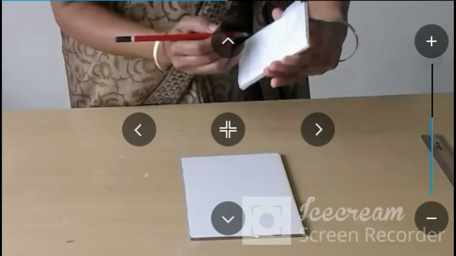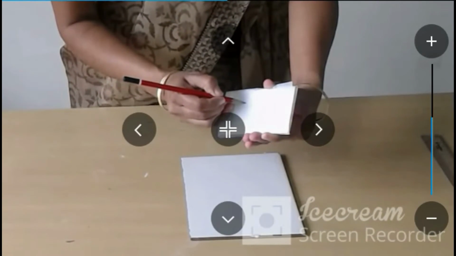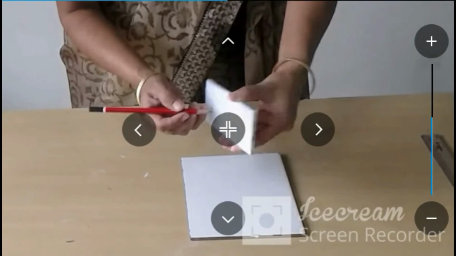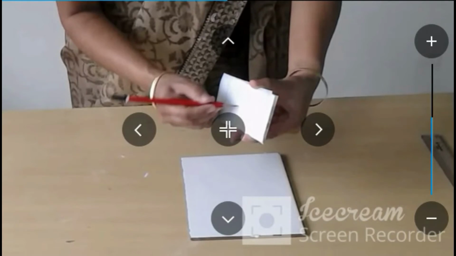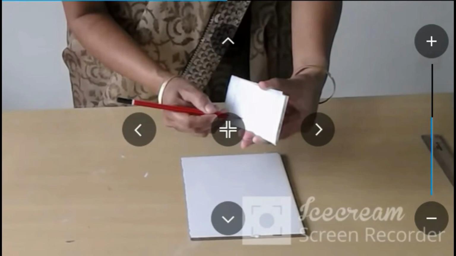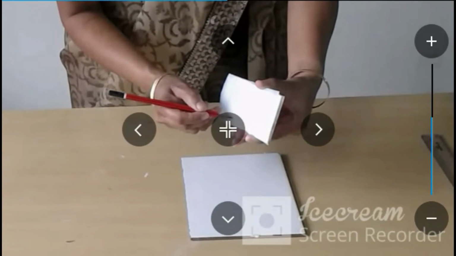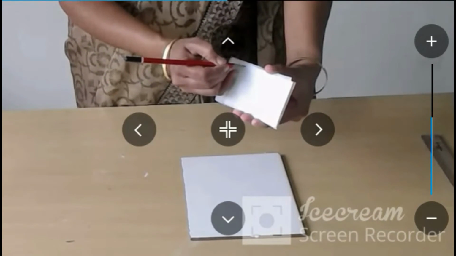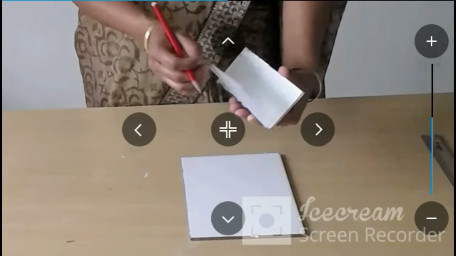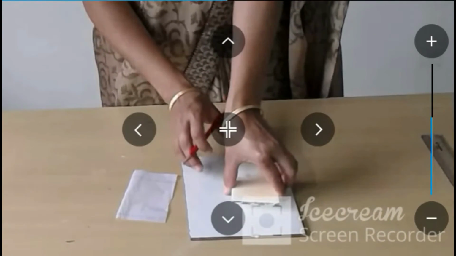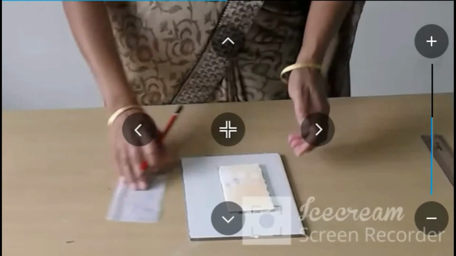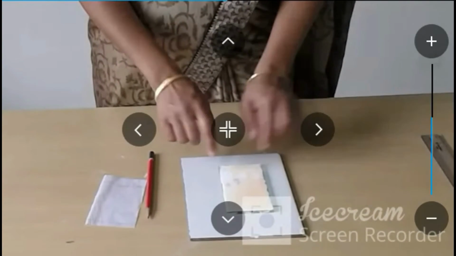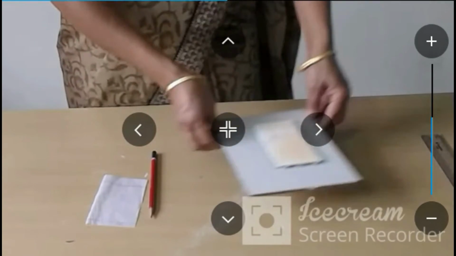Now I will draw the circles, which I found exactly the same. You can take a photograph of this plate using a mobile and keep this for reference.